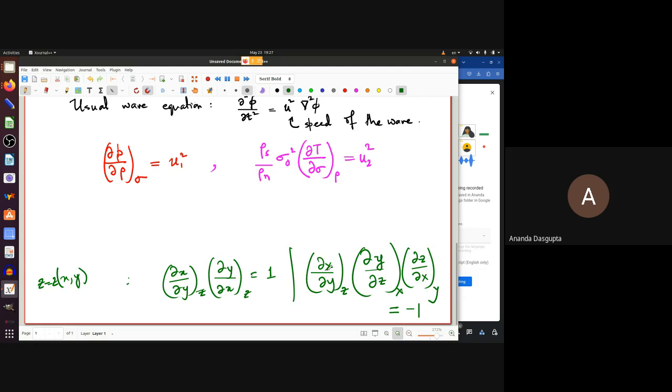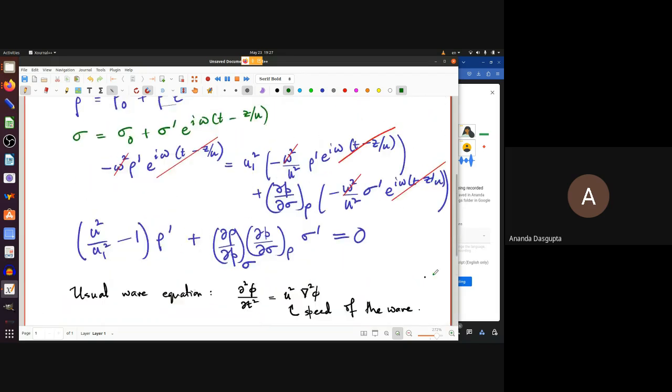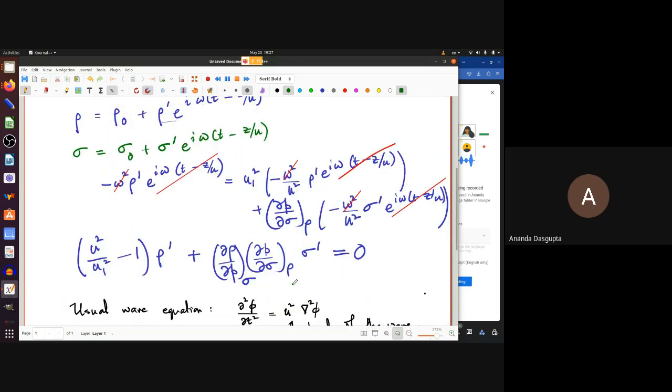With ordinary derivatives, of course, dx dy into dy dz into dz dx would have been 1, but this is not the case here. And note that, of course, these are at different conditions, z, x, y. So when you multiply these two things together, if you have to multiply this further with del sigma del rho at constant p, you will get -1. So this product is actually minus